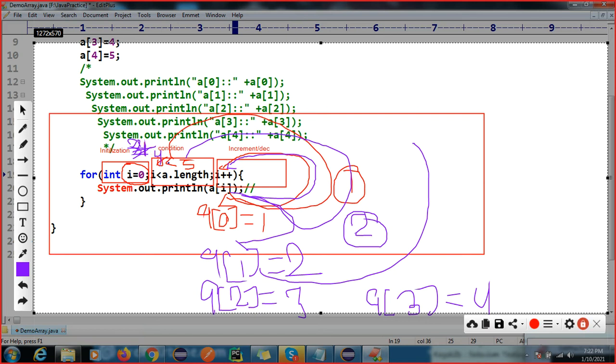Okay, now the condition is again true, right? You can see 5 is greater than 4, right? Again the condition is true, so here we are getting the I value. So now what is the value? 4. Again I will become 5. This condition is false, right? We have 5 elements because it starts from 0, right? So when this condition becomes false, all the values will be printed and control will go out.